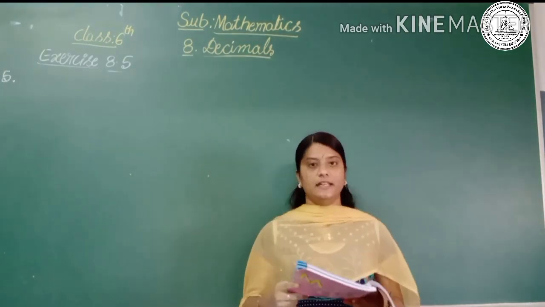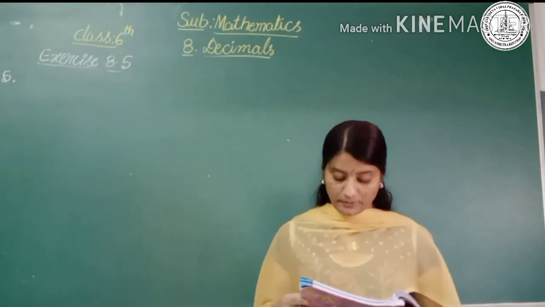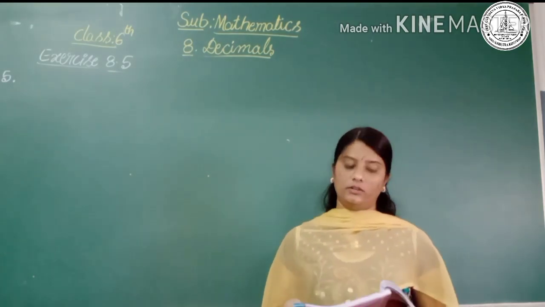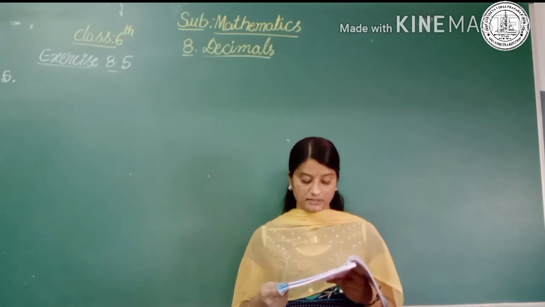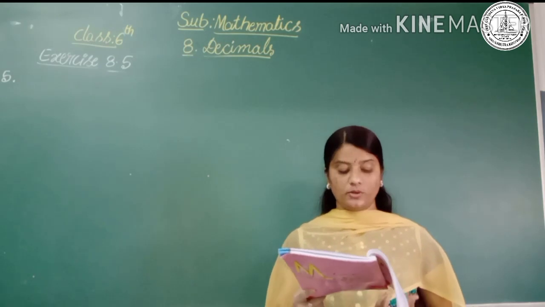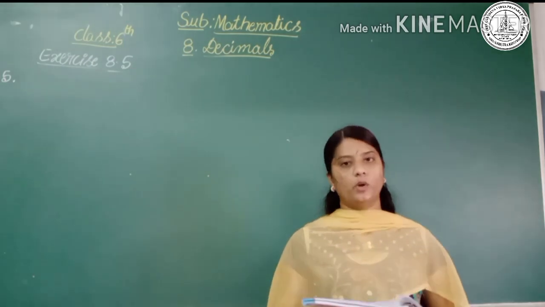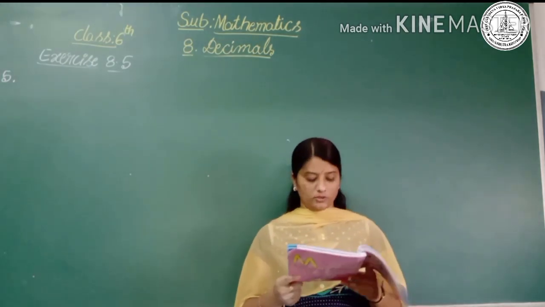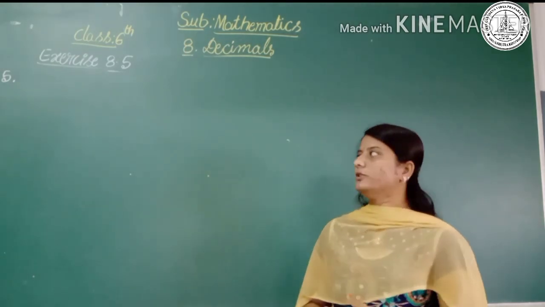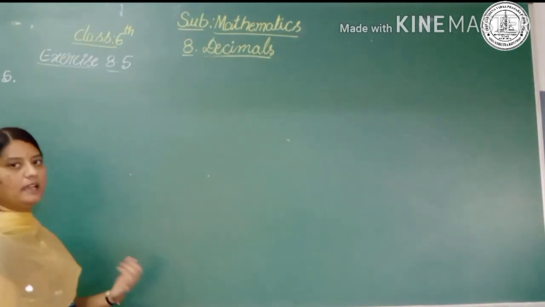The fifth question is Naresh walked 2 kilometer 35 meter in the morning and 1 kilometer 7 meter in the evening. So how much distance did he walk in all? So here there is a person Naresh, he walked in the morning some distance and in the evening some distance. So what we have to find out here? We have to find out the total distance he walked in the morning and in the evening. Okay. So here the total distance means we have to add both the distances. Right. The first sentence we have to write distance walked by Naresh in the morning and in the evening.